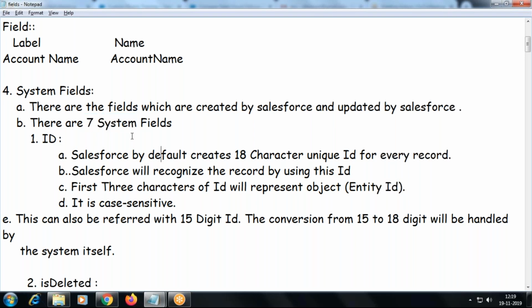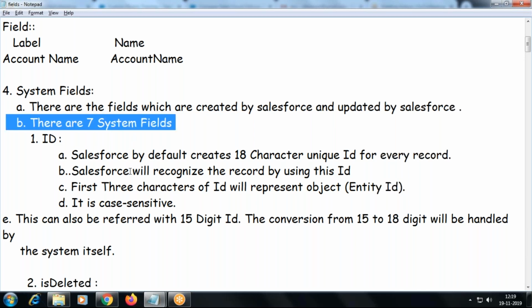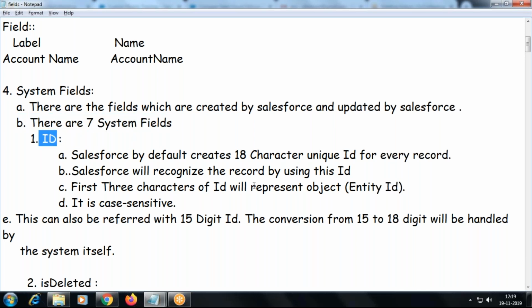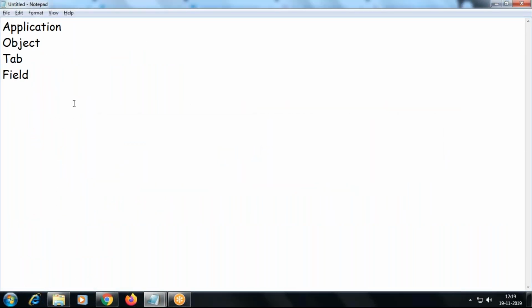Okay, and there are some system fields. The seven important fields we refer to here. One is the ID field. Remember we discussed the ID field? I have a training object here. Say I have a course name here, and the price of the course, like this. Suppose I'm inserting a row here.